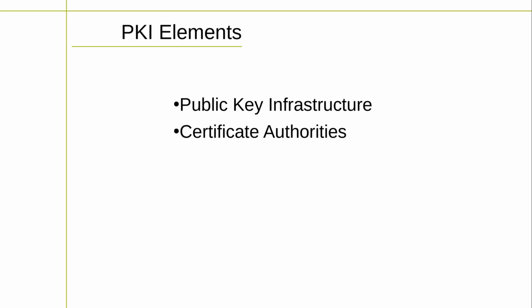Public Key Infrastructure, PKI, is a system for secure communication that uses a combination of public key cryptography, digital certificates, and certificate authorities to authenticate the identity of parties involved in a communication and secure their communications. Certificate authorities are organizations or entities that issue digital certificates, which are used to validate the identity of parties involved in a communication. CAs act as trusted third parties, and